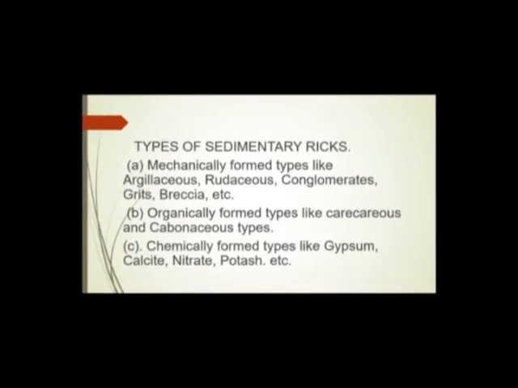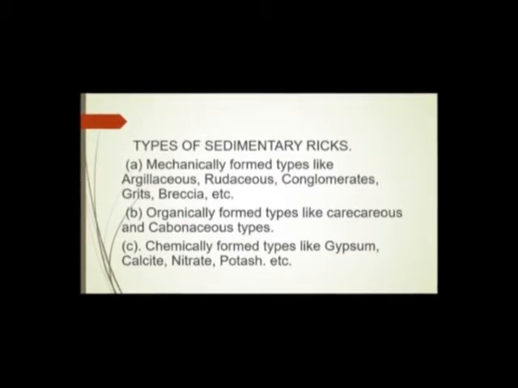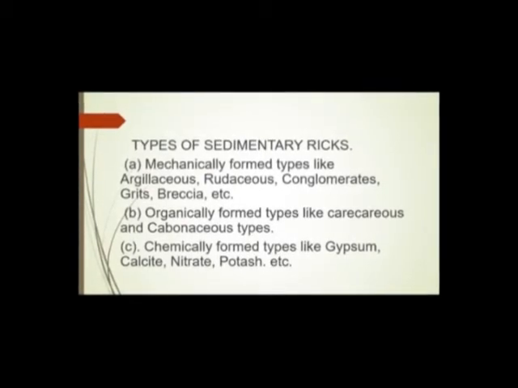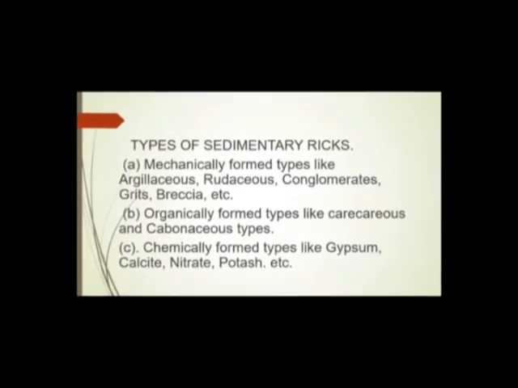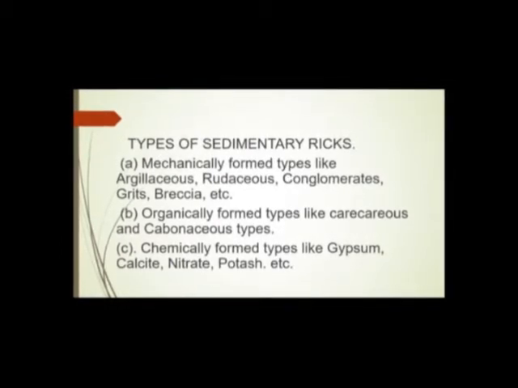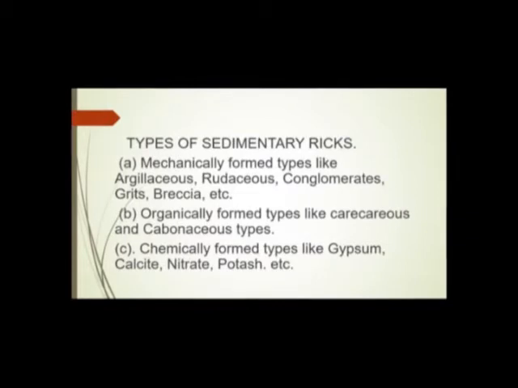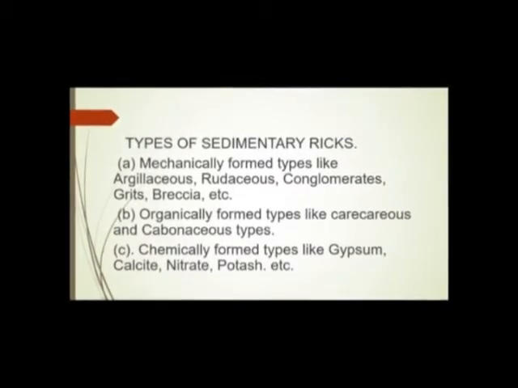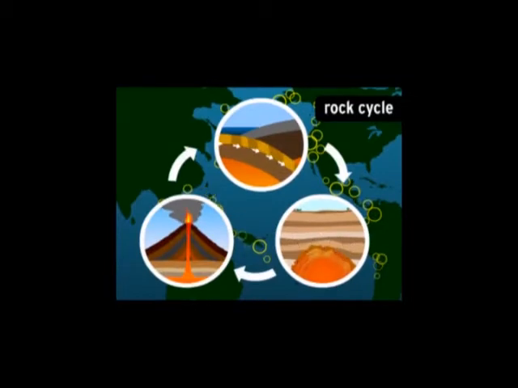The second type of organically formed sedimentary rock is the carbonaceous type. When we hear carbonaceous, that means they are formed from vegetative matter. That's big trees that have large trunks in swamps and forests that fell into the ocean after a long period of time. They now form a hard mass of rock as they are compacted together by the pressure of overlying rock that compresses them to form a hard mass of rock like peat, lignite, coal, and others. They are used for ignition or burning purposes by man. For instance, we have coal in Enugu, Nigeria, and we have beds of lignite in Asaba.